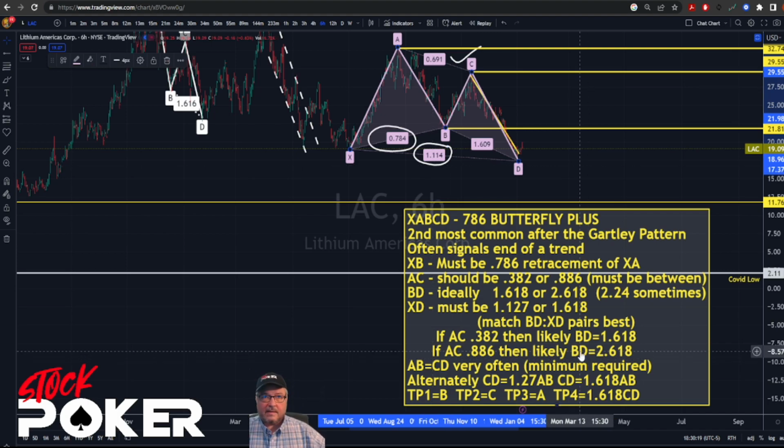And again, just like anything, any TA or any indicator, harmonic patterns don't always pan out. Butterflies are the second most after Gartley that you're going to come across. They have a very high success rate. But yeah, so I wanted to do that. I wanted to put these rules out, and I hope this helps